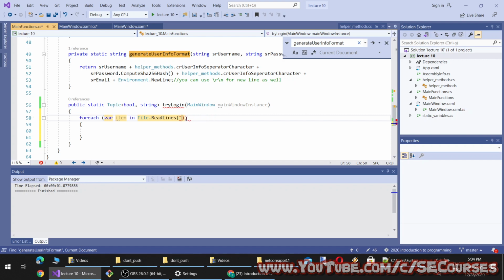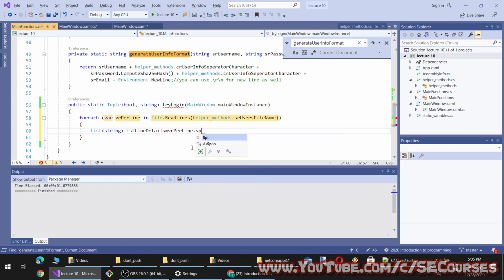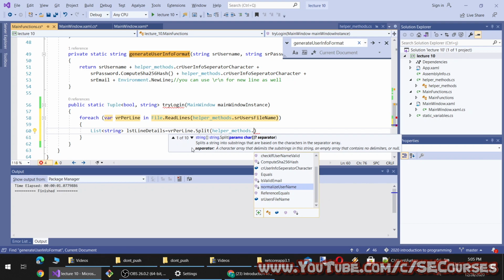Therefore, I will be using, I think, helper methods dot the user file name like this, and we are going per line. So I will split it into a list equal to split, and for splitting I will also not write the text as it is. I will be using the parameter I have defined here.